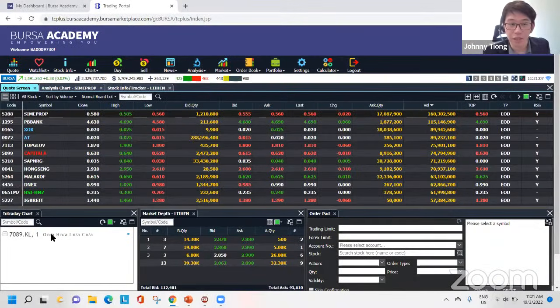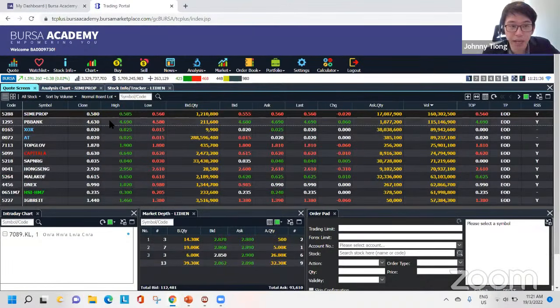And then next, okay, do you see that there's a color? Now the layout I chose has 4 windows. Remember I said window, this is the first window, second window, intraday chart, market depth, the third window, and the order pattern, the fourth window. Okay, you see on the top right here, there is a color here, green color, green color, green color. Okay, so what does this green color mean?